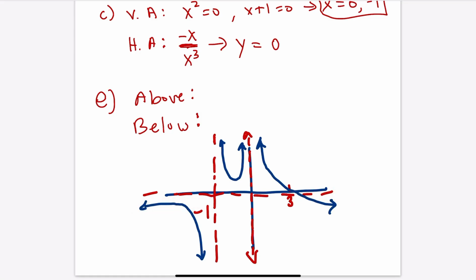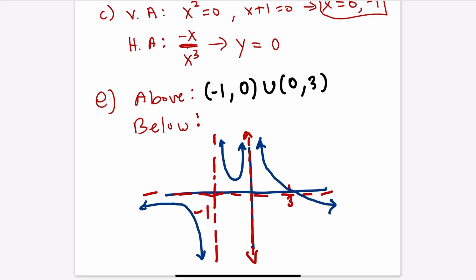So it's above between the asymptote -1 and the other vertical asymptote 0. Union, it's above between 0 all the way up to 3. And you normally don't include it in brackets because usually the asymptotes get in the way. So just do the above and below